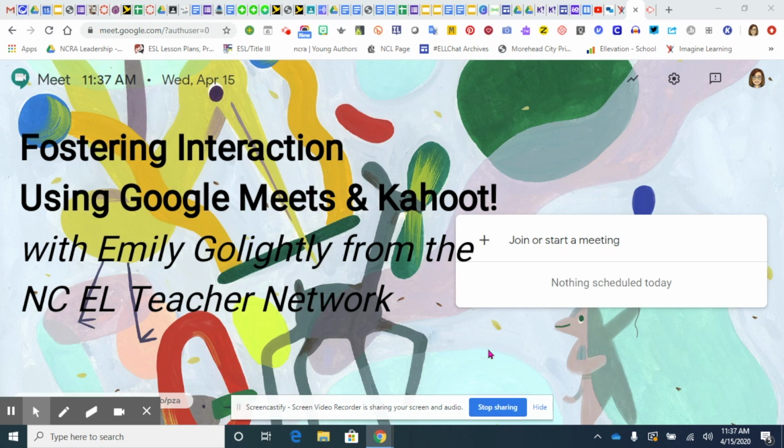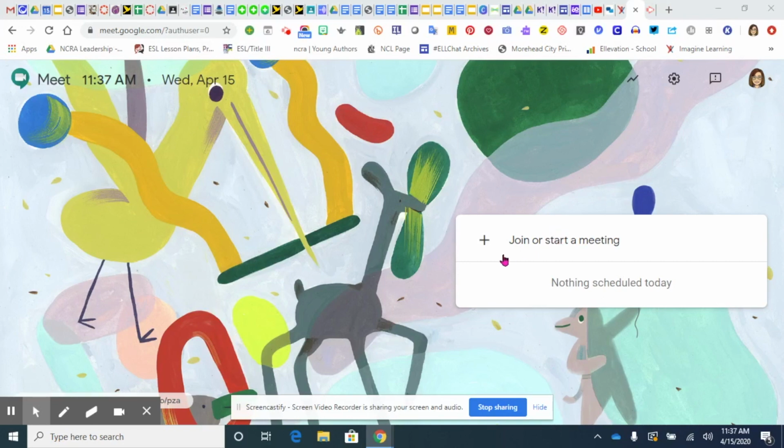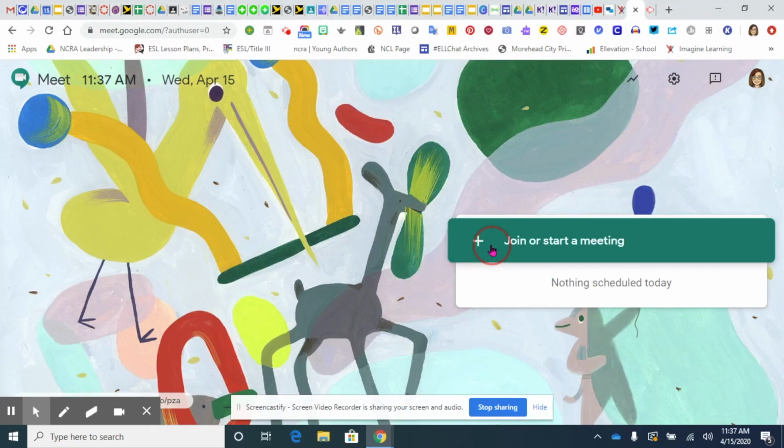So I use Google Meet in my district, and we do this to meet FERPA guidelines. We were not allowed to use Zoom, but you can still do these things with Zoom as well. It's going to be a similar process. So if you can do Google Meet, you can do Zoom, and all these platforms are pretty interchangeable with these types of activities. So to start, I'm just going to go to this join or start a meeting right here,